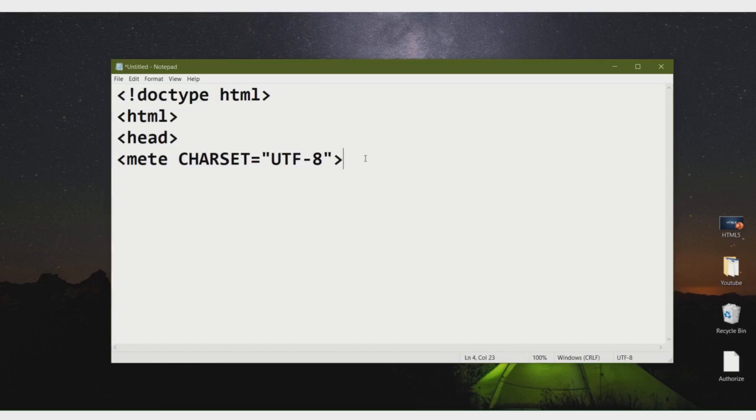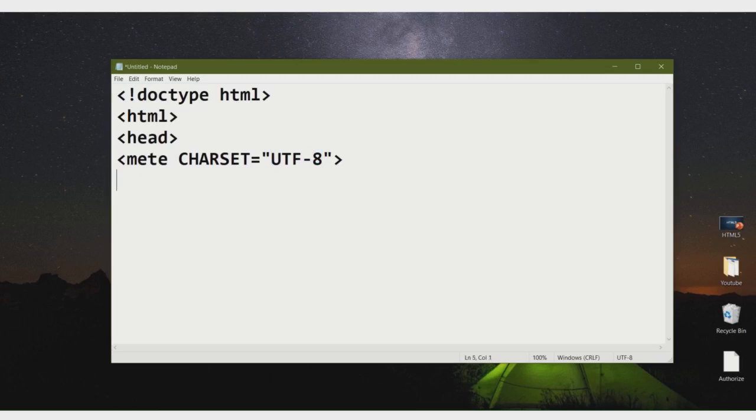It tells the browser about the type of character set used to convert bits to characters. Here we are using UTF-8 encoding, which is necessary for the HTML5.